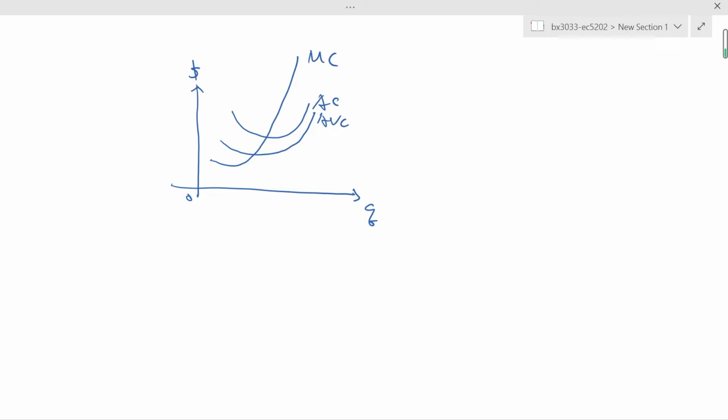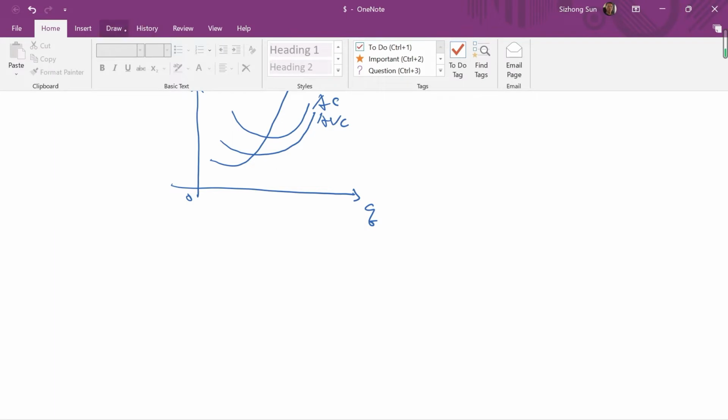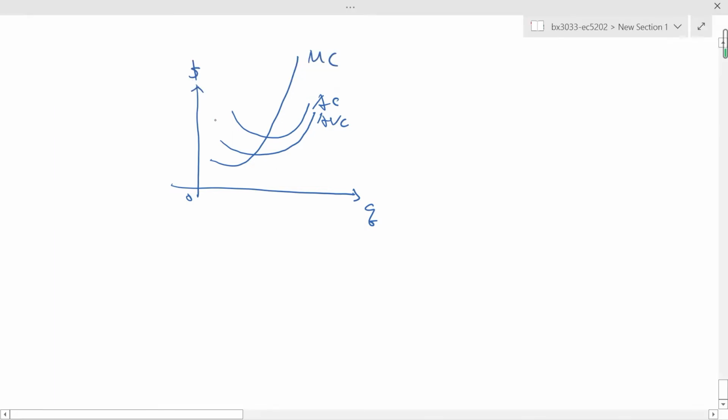Again, implicitly, we want to assume that the firms operate in perfectly competitive markets. So firms are faced with the market price. Let's suppose it is P, at this level. So that's the market price, and the firms can sell as many units of output at the market price as they